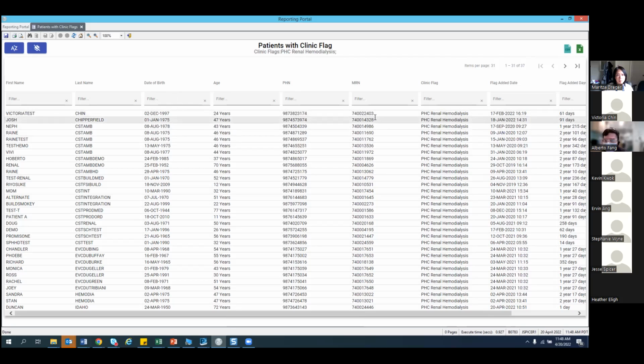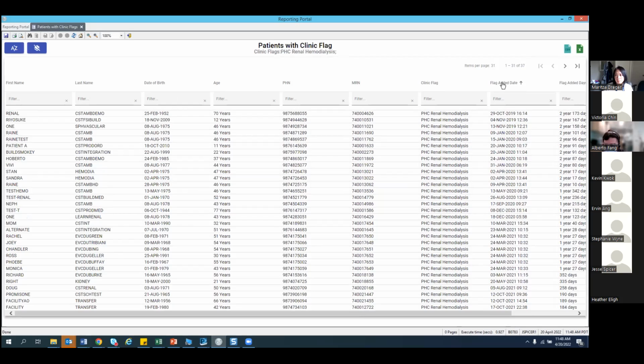Essentially this is showing a list of all the patients in our test domain that have this PHC renal hemodialysis clinic flag. It breaks them down, and so it shows their name, some other demographic information, and you can manipulate the data in a few ways. For example, if I want to organize by the flag added date, I can just click that and it'll show me, looking back in the past and then going into the future,